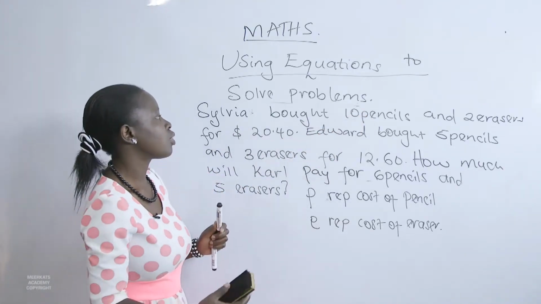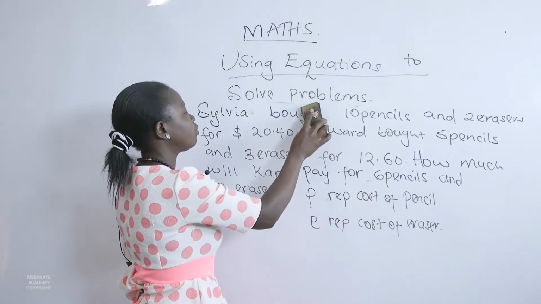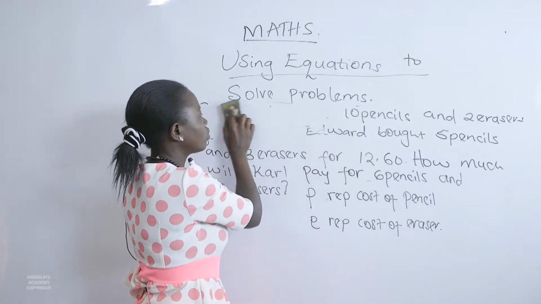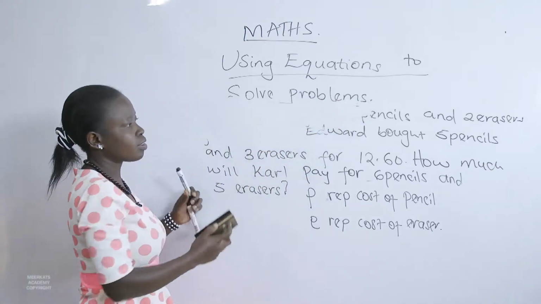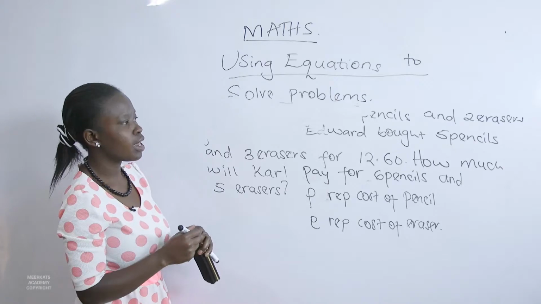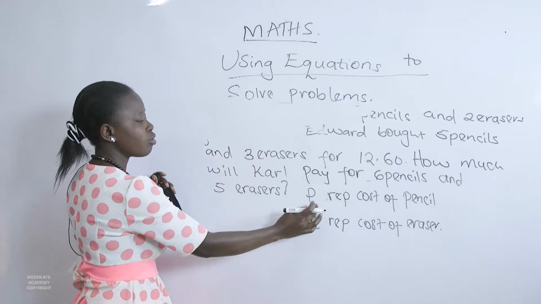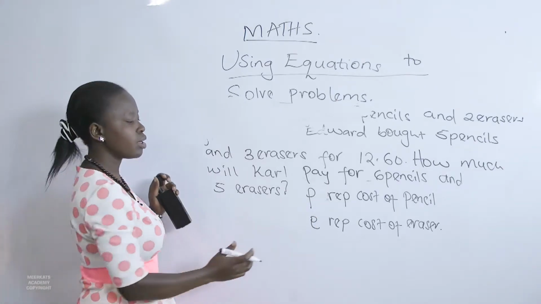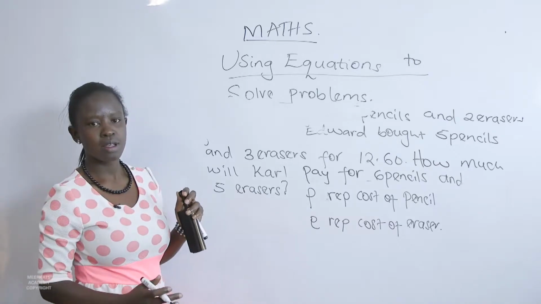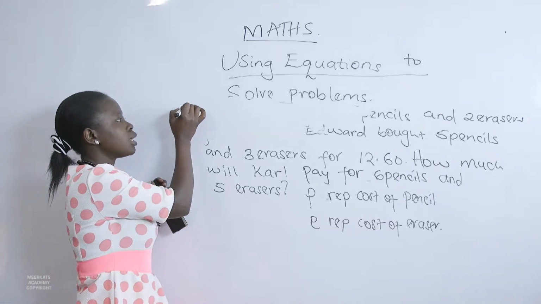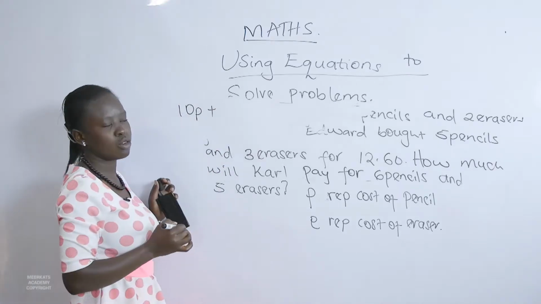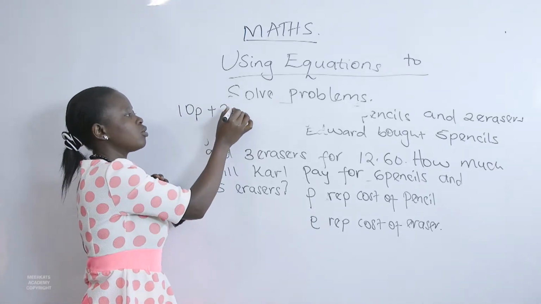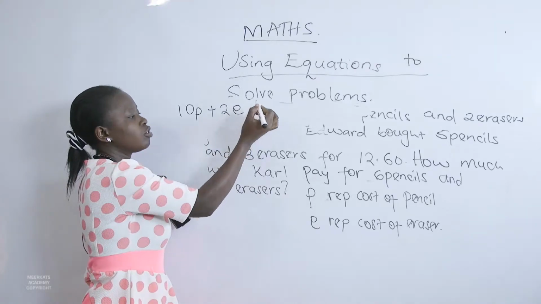So the equation we have: Sylvia bought 10 pencils. The cost of 1 pencil is P. The cost of 1 eraser is E. So 10 pencils will cost us 10P. Then plus 2 erasers will cost us 2E for a total of